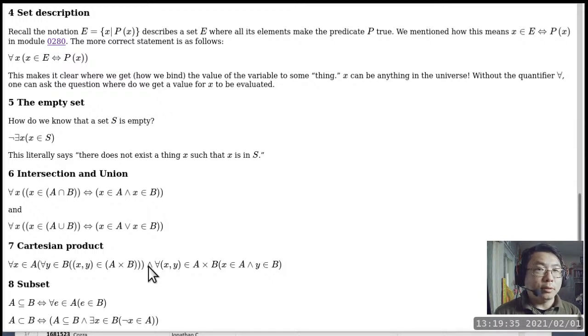In other words, if I don't have this conjunction here and forget about the right-hand side of the conjunction, are we still defining Cartesian products correctly? That is the question.